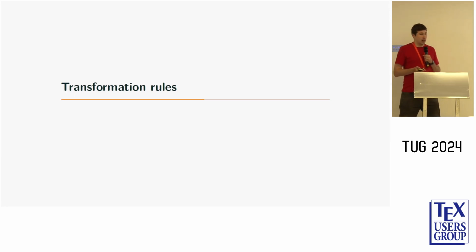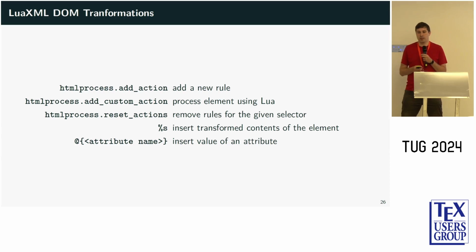The other library is for the transformation. So we have some functions. The HTML process object is defined by Rmodepdf, and it already has rules for conversion of different HTML elements. So you can add new rules using add action. These actions also